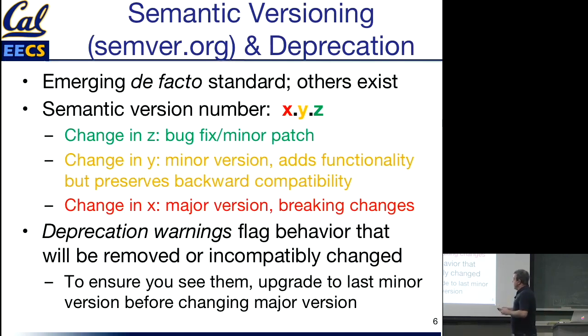And in general, you should always upgrade to the last minor version, right? So before, let's say Rails went to 5.0.0, what was the last major and minor version before 5.0.0? I think if you look, it's something like 4.2.11 or 4.2.13, whatever it is, you can find out from the website. The first thing you do is upgrade all the way to that point,